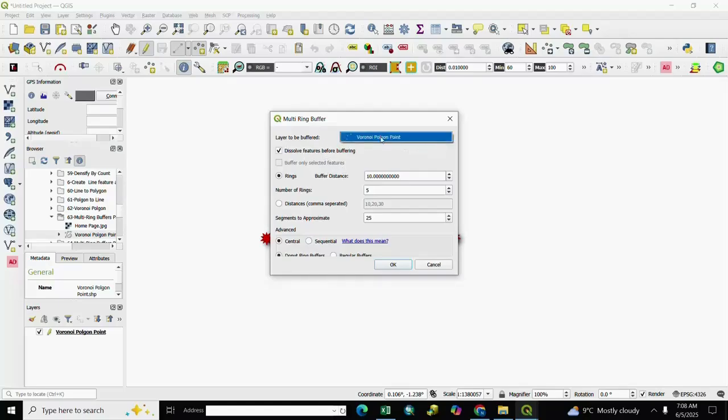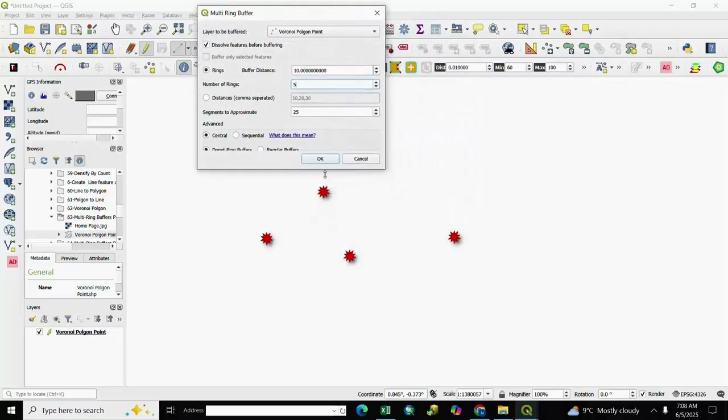Here is our layer, point layer, and we take dissolve feature before buffering, and ring buffer distance 10 meter and number of ring 5 and segments to approximate 25 and we OK.